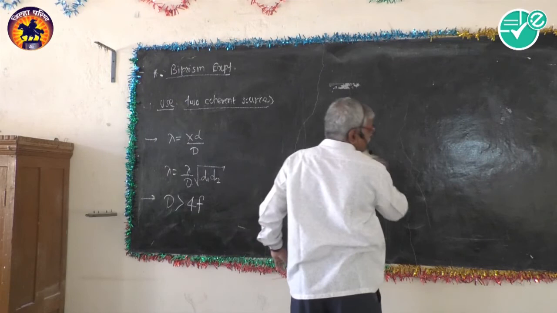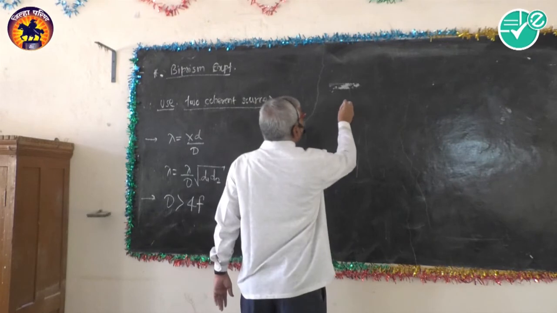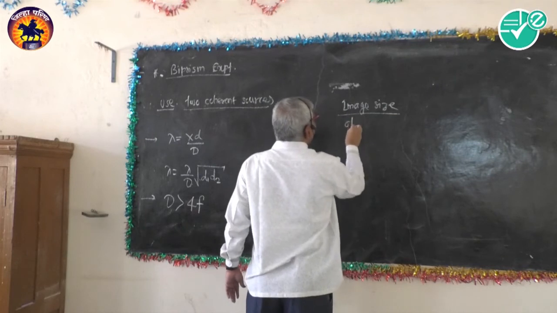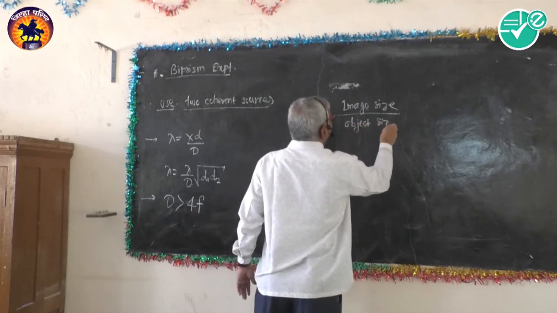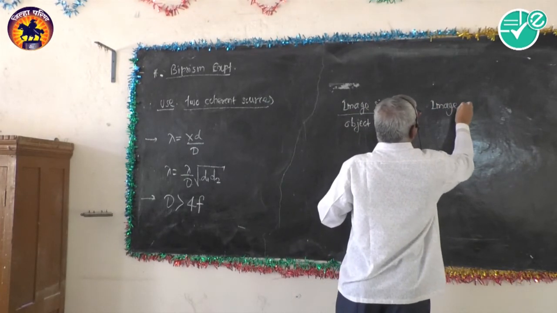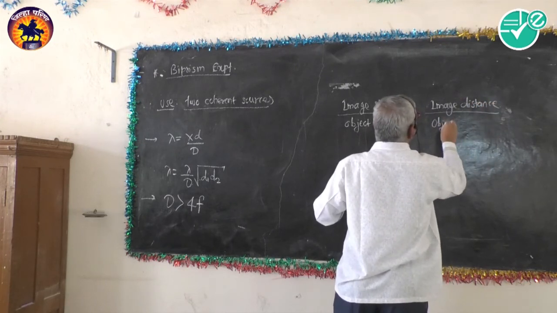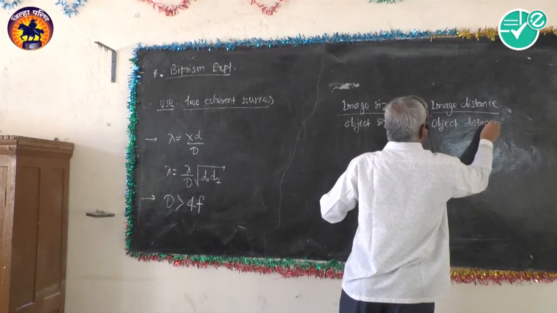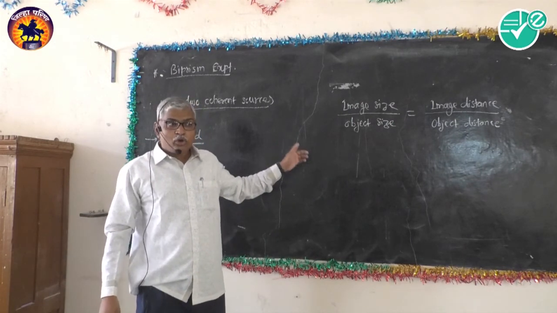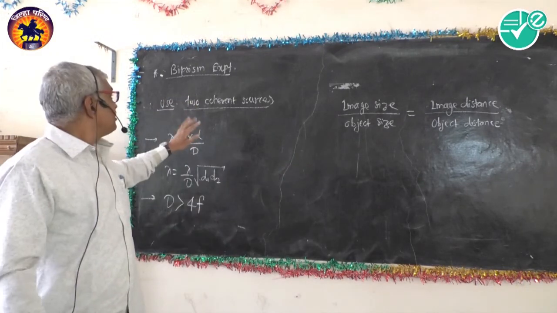These two images are obtained by using the property of conjugate foci, and in that property we have used the formula: image size upon object size is always equal to image distance upon object distance. These are the important concepts about the interference of light. In next video, study about the